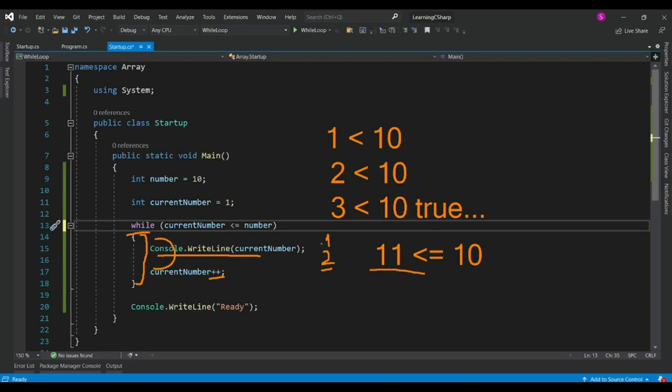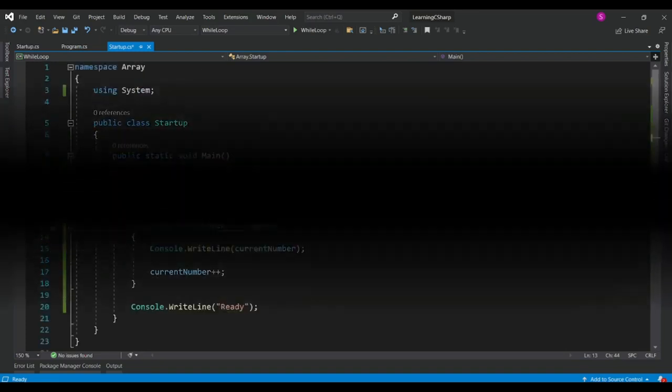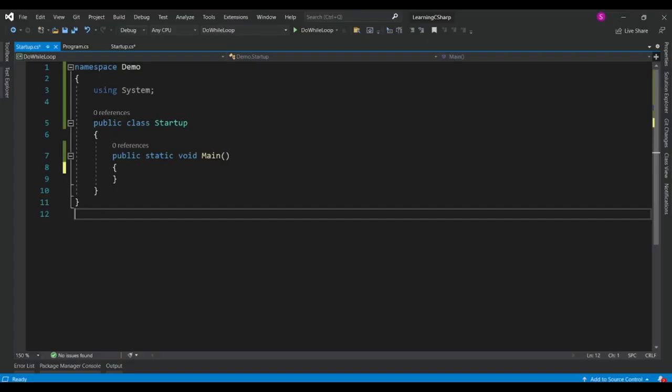We just go outside of the loop and continue with the other code that we have, and we only print the ready. So that was about the while loop, and now let's continue with the do while loop